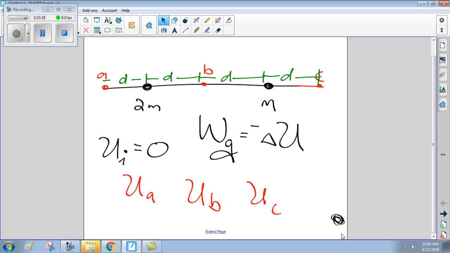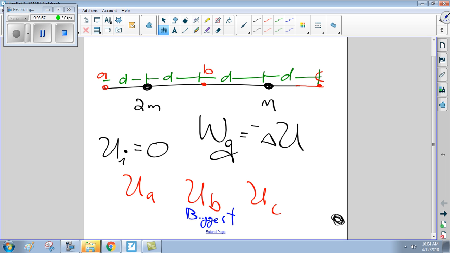B, because you have both 2m and m. Okay. Well, that's true in all 3 cases. I mean, even over here at point A, there's still gravitational potential energy from the 2m and the m. But you're close. There you go. Good. So that minimizes the distance for both masses, right? Does that make sense? So this one is going to be the biggest,